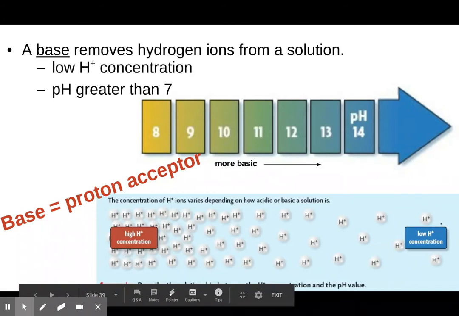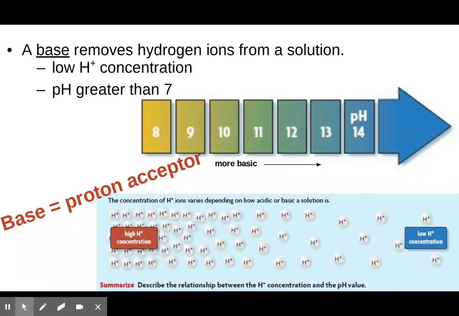There's not going to be a lot of hydrogens in the water because it says here a base removes hydrogen ions from a solution. So they're just gobbling them up, and so you're not going to see many left over. They're accepting them. So I was trying to come up with a study strategy for you to remember that acids are donors